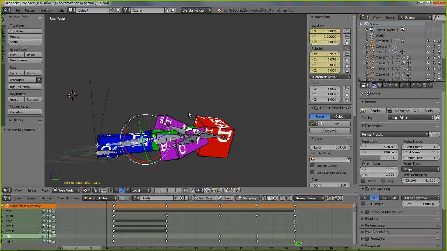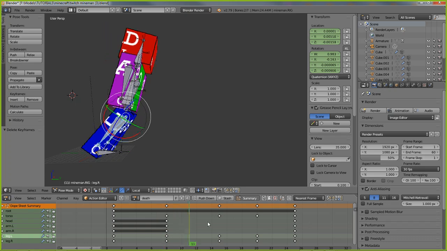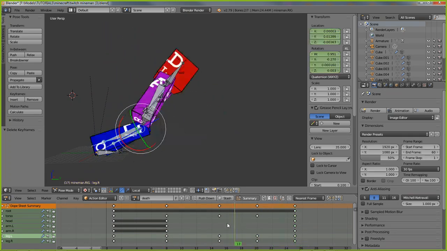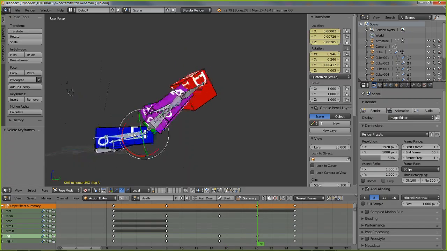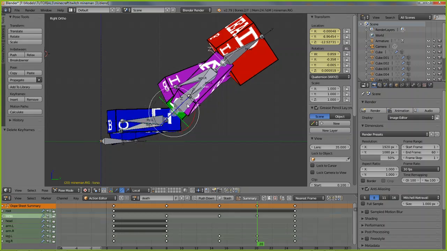And depending on how you set your frames up, you might be able to even accommodate things like, so at this point we could rotate the character